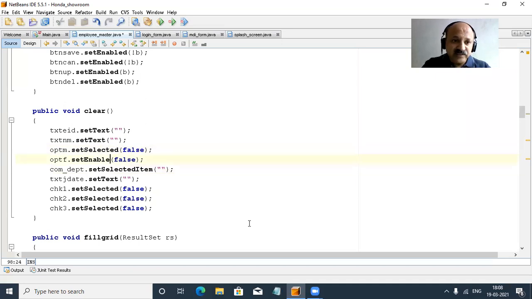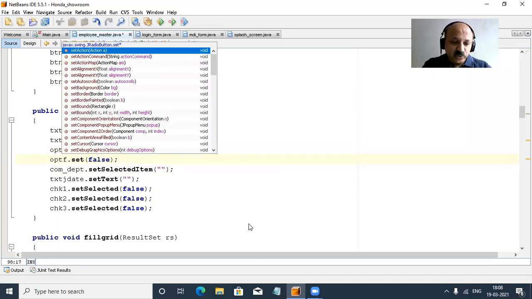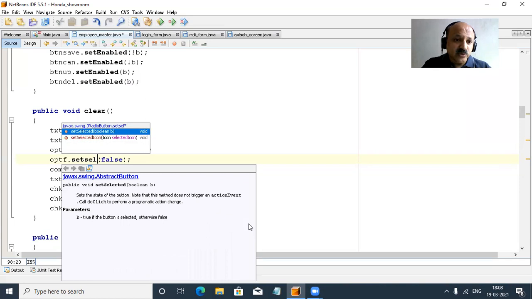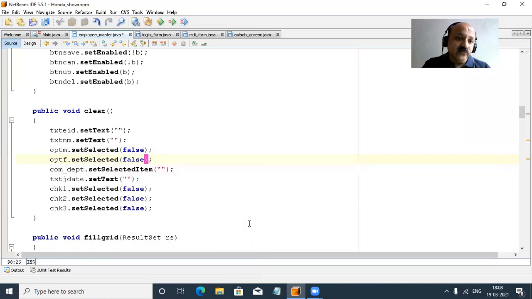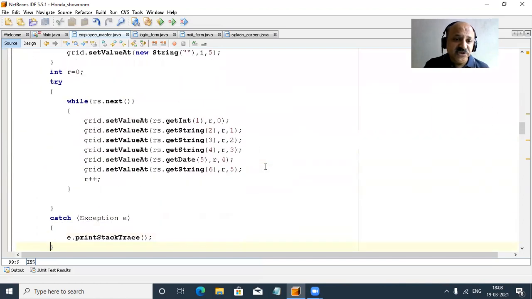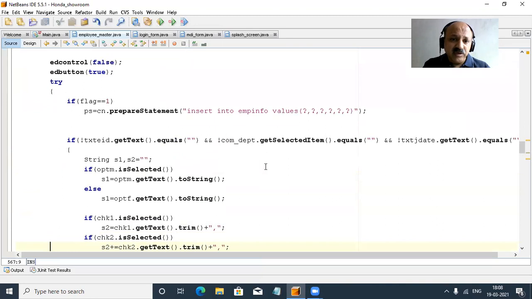Yes, so here that is wrong. So it should be selected, not enable. So it sets selected false. So one is selected by default. So yes, that is a correction. So you can look here, that is a selection time. I gave set selected, but here I set enable. So that is a problem. So perfect. And now, yes, one change means not change but a second way.